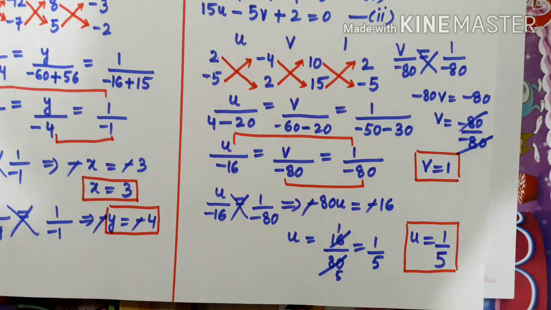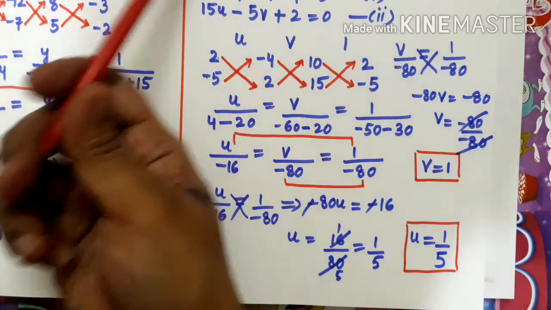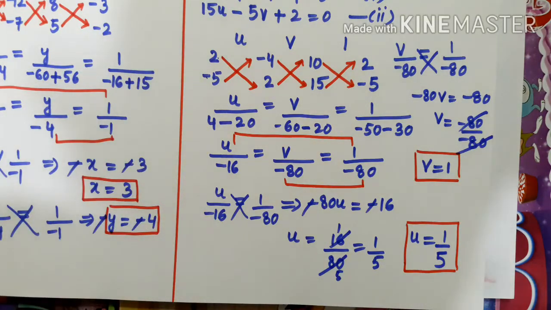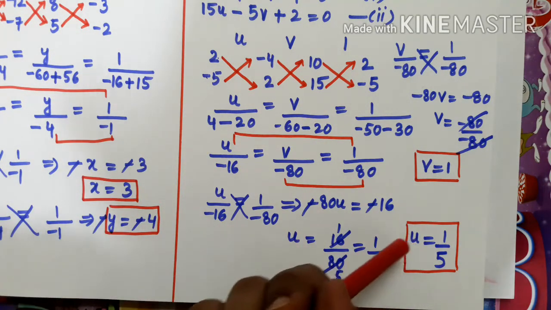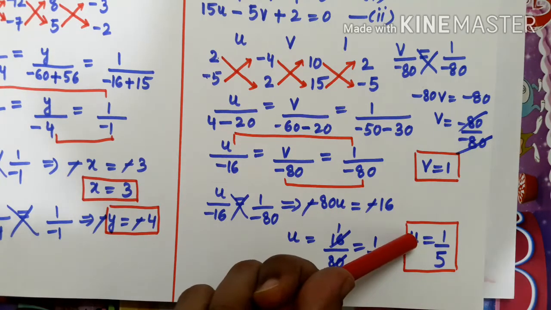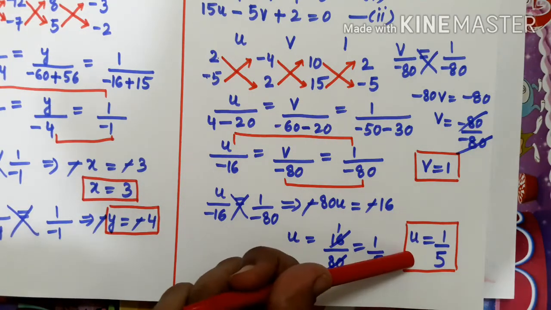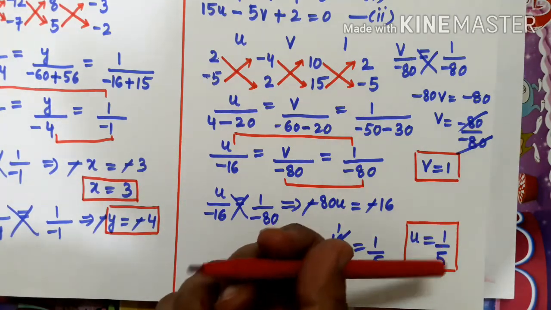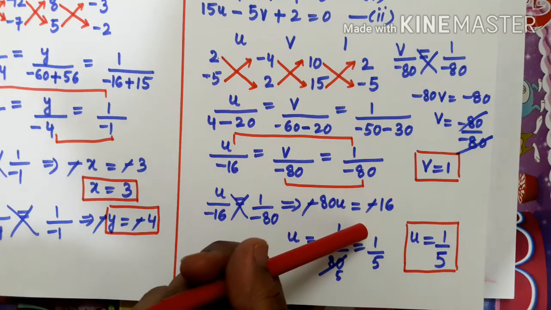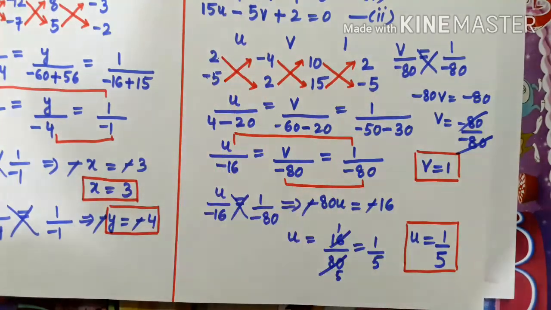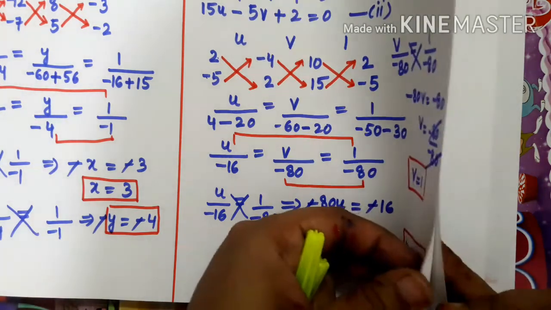Okay, so do you really have to find the values of u and v? No, you actually have to find the values of x and y, right? So what you need to do, let us substitute whatever you have considered. You have assumed u as 1 by x plus y. So let us substitute in place of u, 1 by x plus y equals 1 by 5. In that way you can find the value of any unknown like x or y. Then in place of v you can substitute 1 by x minus y. Okay, so in that way you can find the values of x and y.